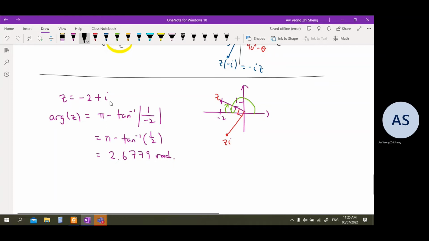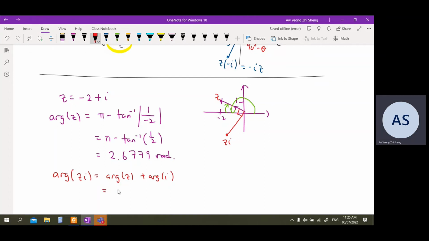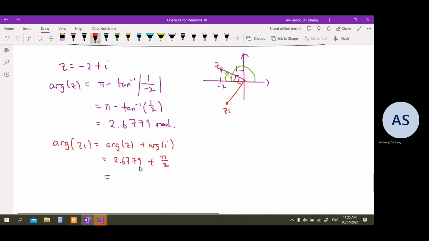So if you want to use the properties of argument z plus argument i, you can use it. And you know argument z is 2.6779, argument i is pi over 2. And so if you press the calculator, plus pi over 2, you will get